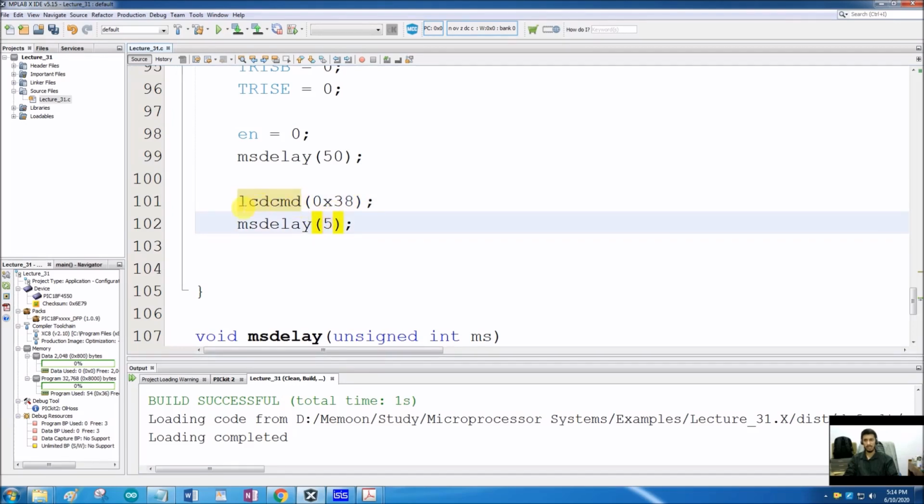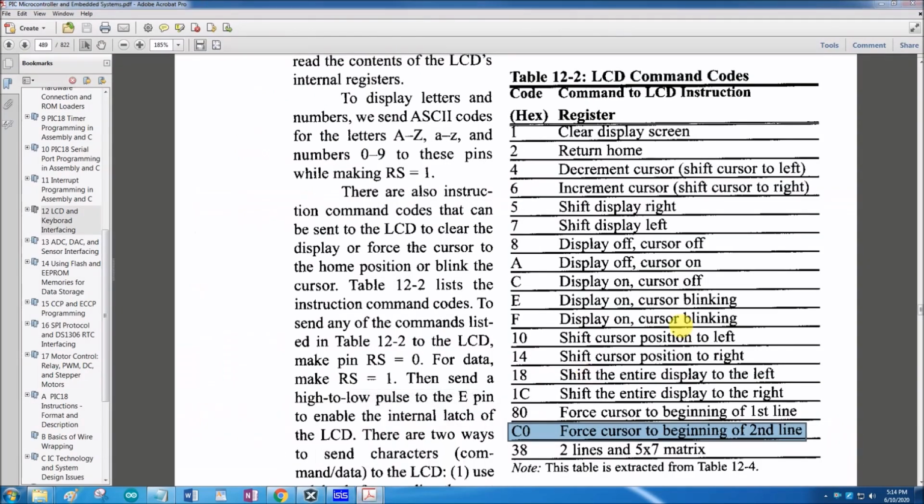So let's assume this LCD_CMD function is already there. So this 0x38 will now be considered as a command to that LCD. And what this 0x38 means is setting the mode of the LCD into 2 lines and 5x7 matrix. So this is the first thing we have to do. We have to do it in a sequence.